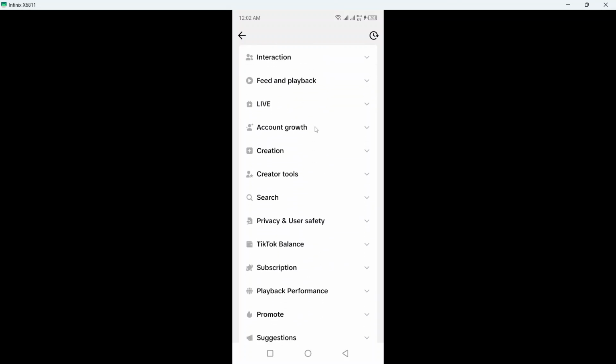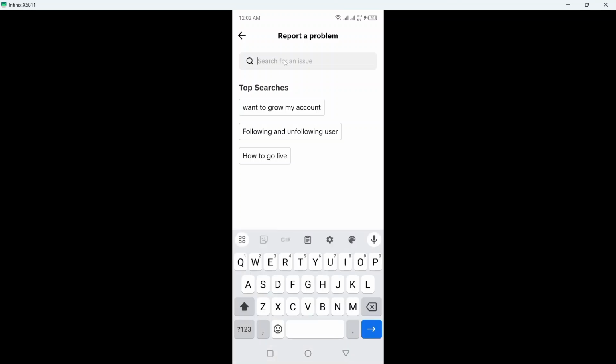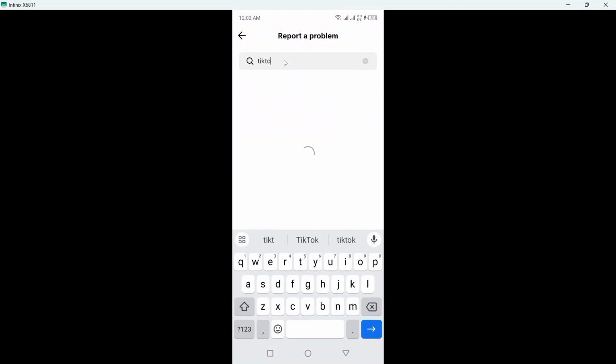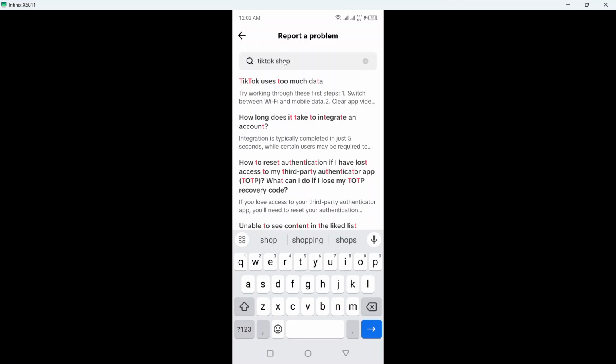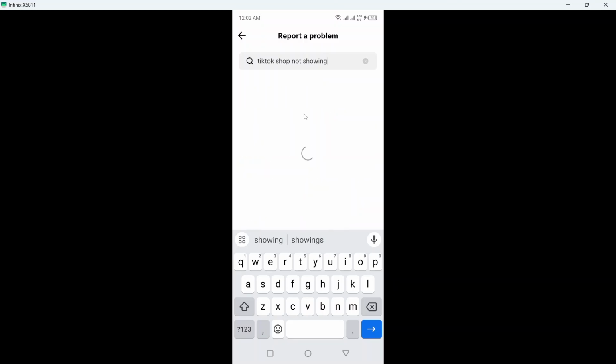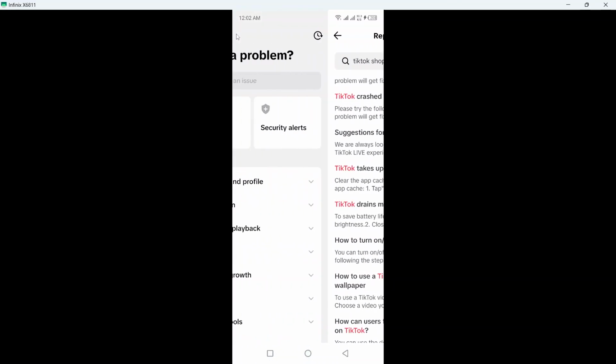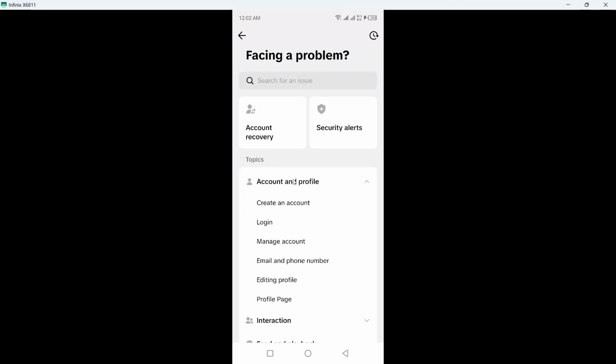Okay, and here you simply need to search for TikTok shop not showing. So here you can see that. Let's go back, account and profile,